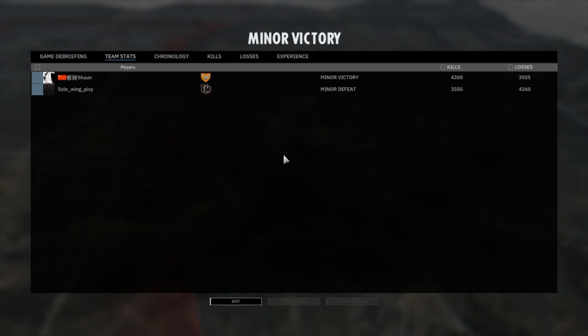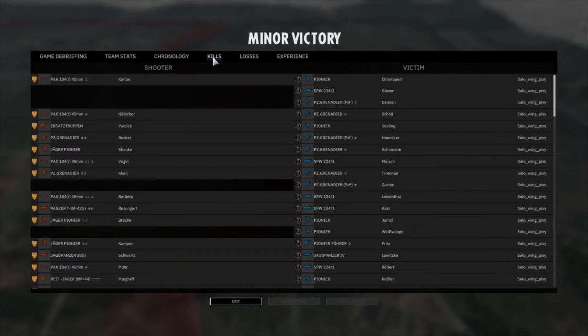Let's have a look at the team stats. Shaun does get 4,000 kills to 3,500 losses. So definitely the value on the side of Shaun in this game. And I thought for a moment that southern central area Shaun had lost it, and he certainly looked to have collapsed,